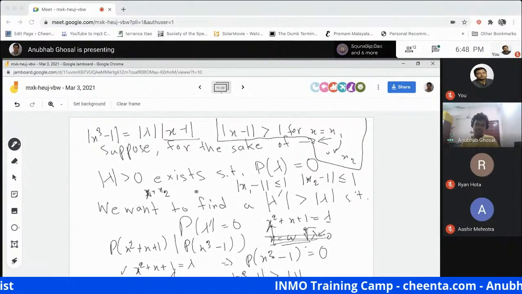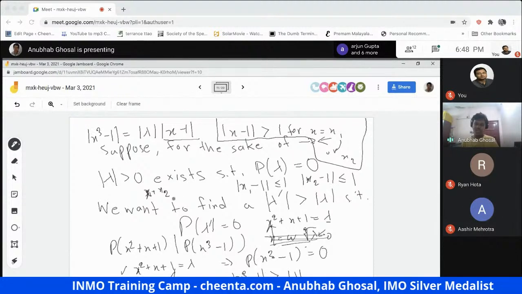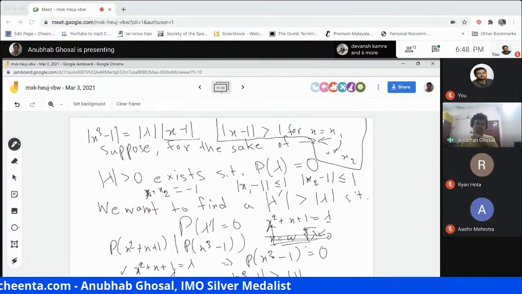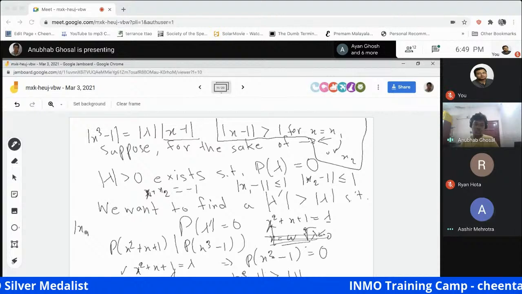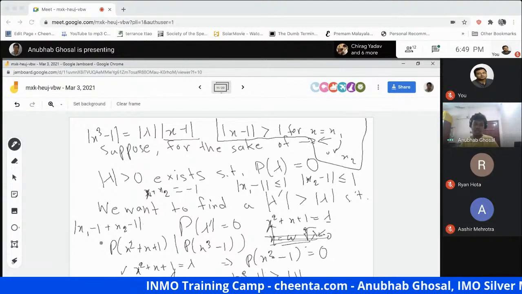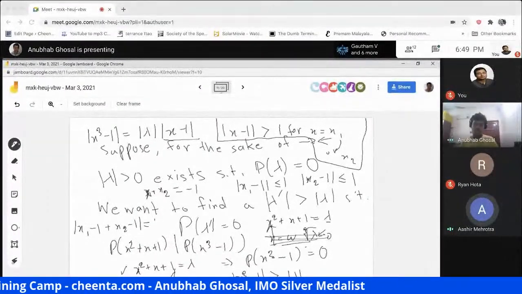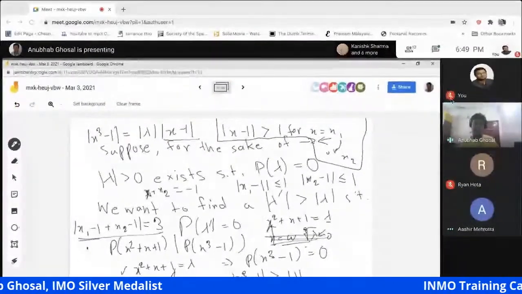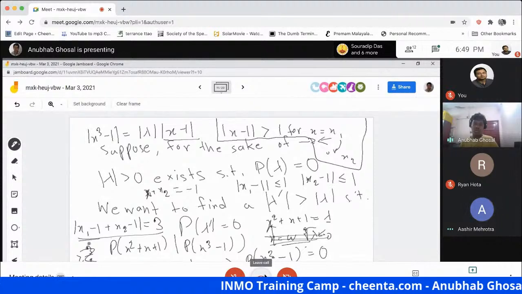Okay? So what is x1 plus x2? x1 plus x2 is minus 1. All right. So we know that x1 minus 1 plus x2 minus 1, the modulus of this is 3, right? Then by triangle inequality, one of these has modulus greater than or equal to 3 by 2. Yep. Or you can just say